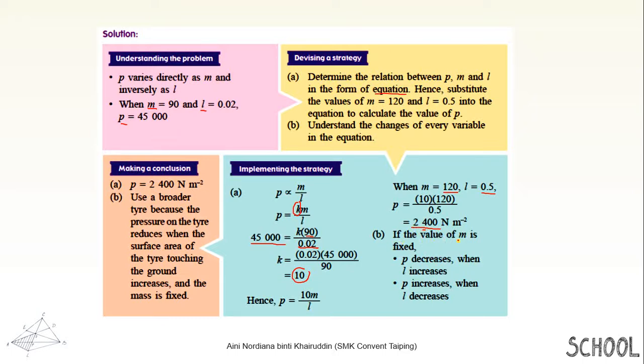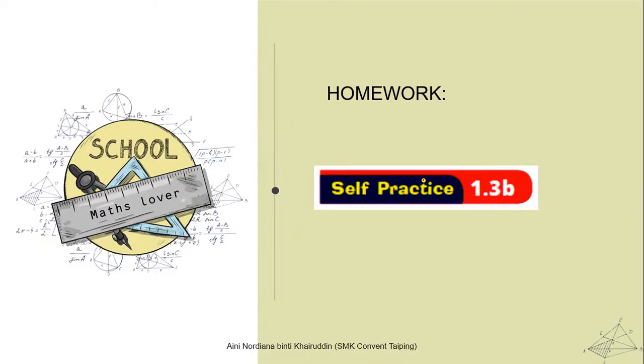So, if the value of M is fixed, P decreases when L increases. P increases when L decreases. So, use a broader tire because the pressure on the tire reduces when the surface area of the tire touching the ground increases and the mass is fixed. So, this is your homework, self-practice